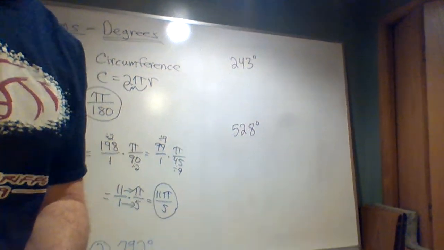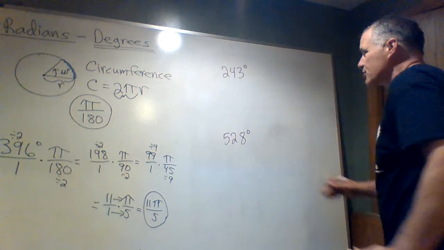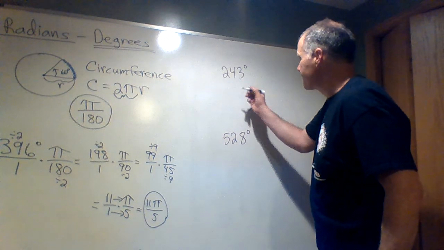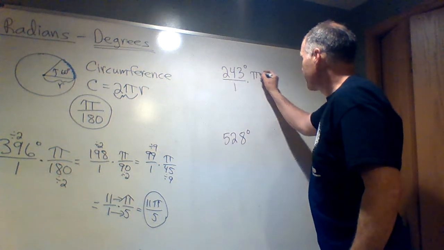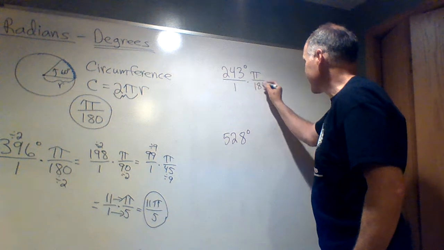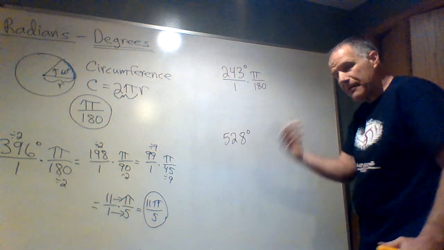Let's try a few more here. Again, use your calculator. It's going to help on these. 243 over 1 times pi over 180. Now, again,